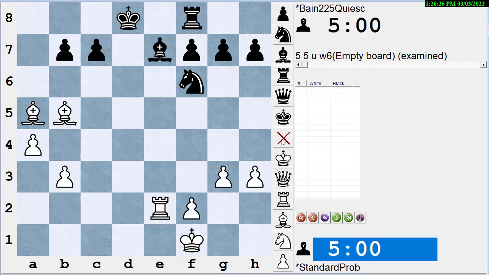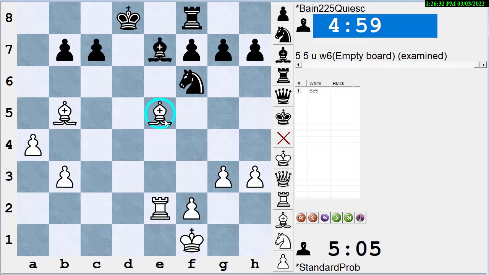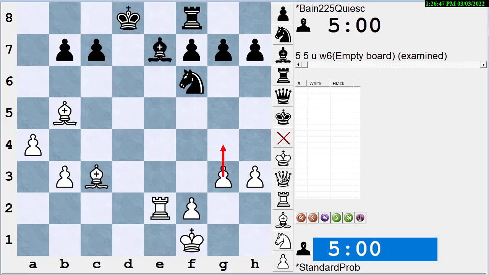All right, let's put the bishop back on c3. Well, if bishop a5 is a threat, then bishop e5 is also a threat. I'm threatening to do the exact same thing. If black doesn't do anything, I'm going to play bishop takes c7, king takes c7, rook takes e7 check, and I win a pawn. Now, for those of you that found the move g4, g4 is not really a threat